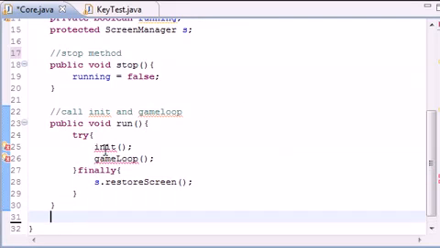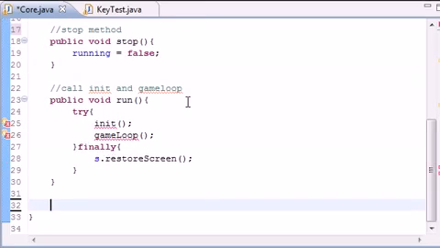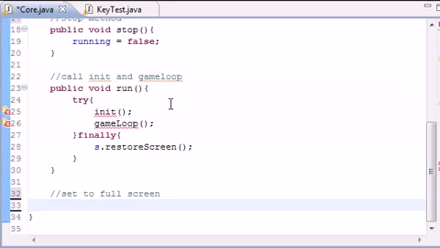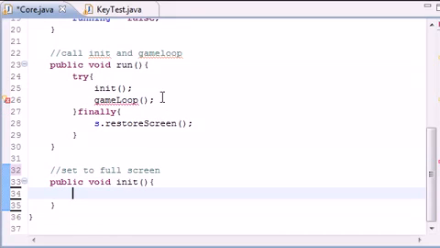So let's go ahead and build first. Let's go ahead and build init. So it pretty much sets to full screen and does something with variables. So public void init, no parameters, and what this does